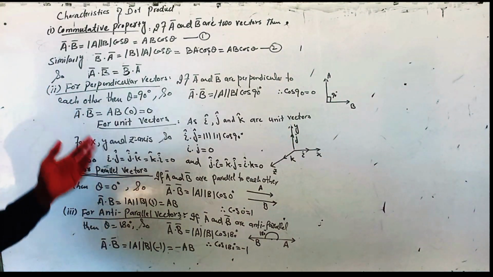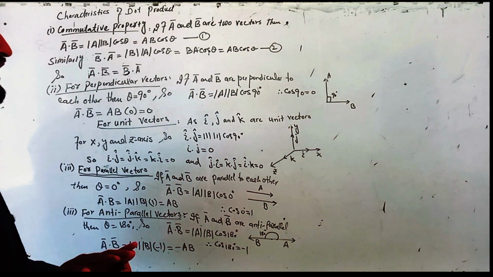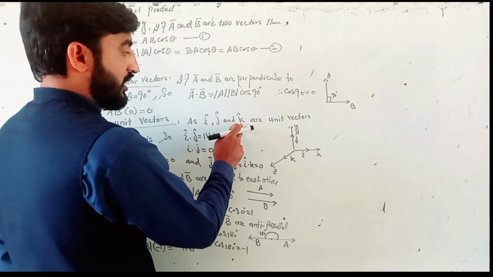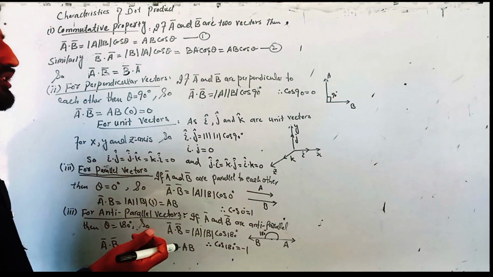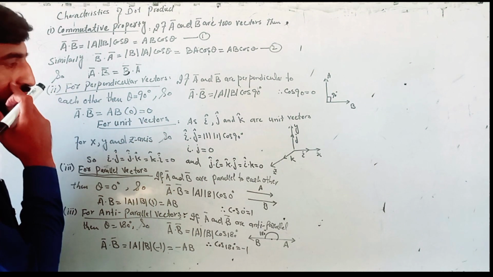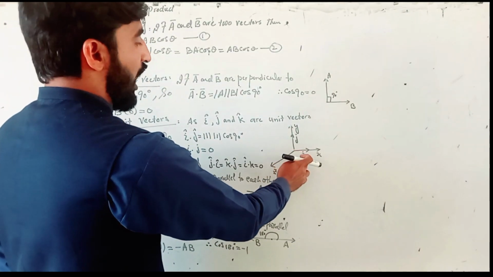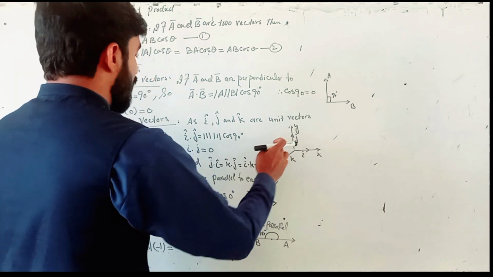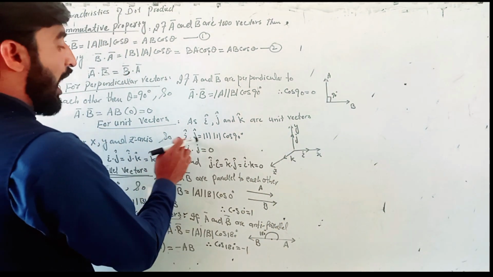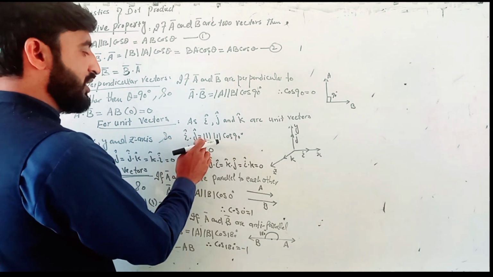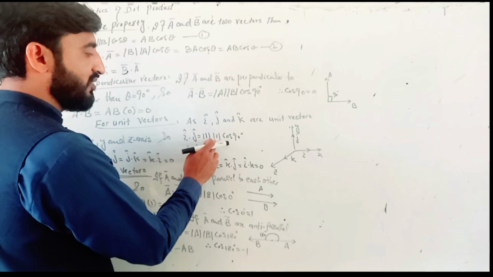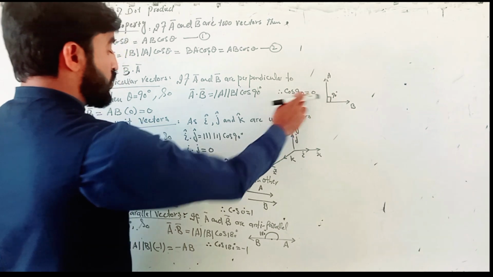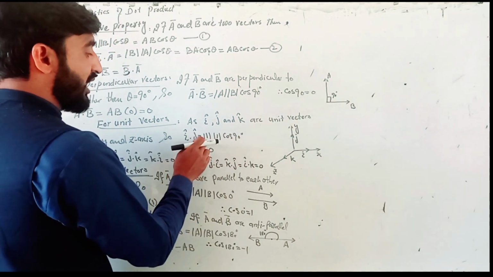This was for ordinary vectors. If we have unit vectors, I, j and k: I is for the x-axis, j is for the y-axis, and k is for the z-axis. As x, y and z are perpendicular to each other, their unit vectors are also perpendicular to each other. As you can see in the figure, these three unit vectors I, j and k are perpendicular to each other. For explanation, I take only two vectors, I dot j. I is a unit vector, so its magnitude will be 1. j is also a unit vector, so its magnitude will also be 1. And cos 90 degrees, here I have written cos 90 is equal to 0. So I dot j means we will get the answer 0.